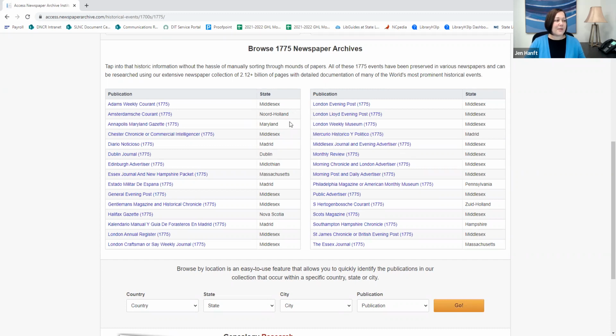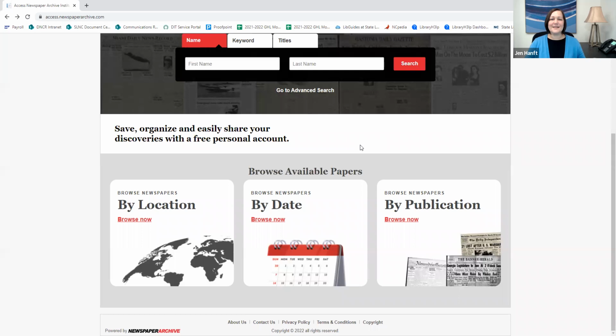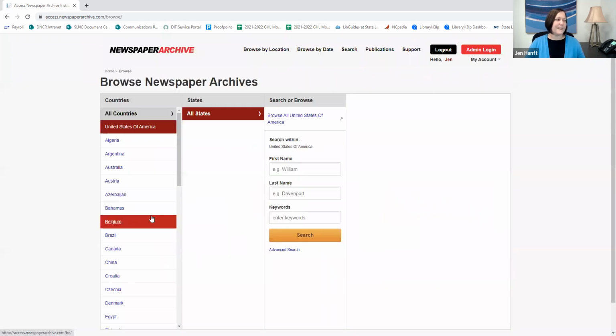There's not a whole lot published from the United States. We've got the Annapolis, Maryland Gazette in Maryland, a few from Massachusetts, one from Pennsylvania. I suspect we in the United States were a little bit busy doing other things in 1775. But we do have access to things from Canada, from the United Kingdom, and from various other countries during that year. So if we back right out to the homepage and take a look at the location option, you can